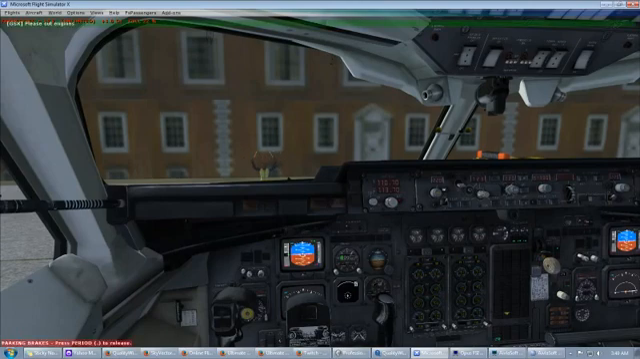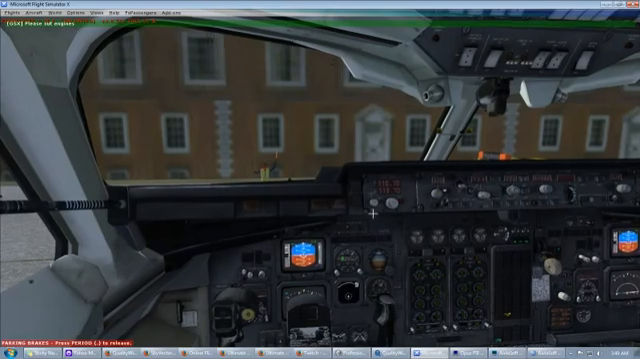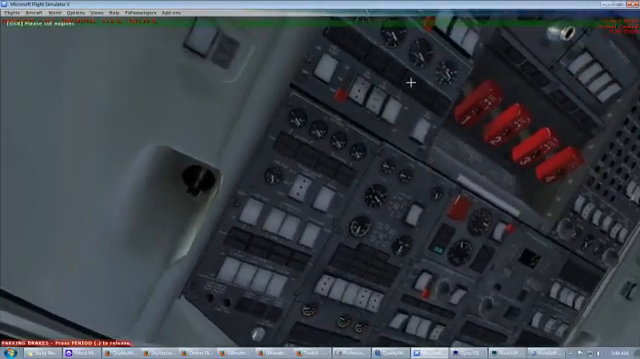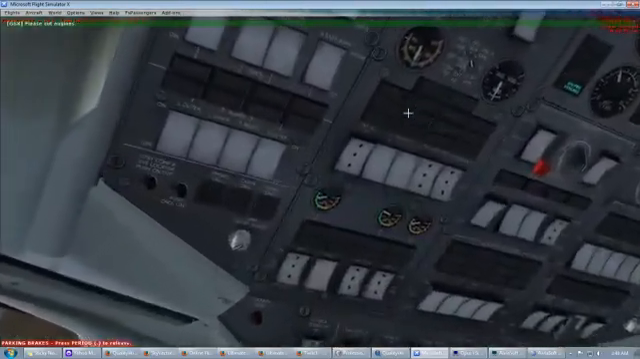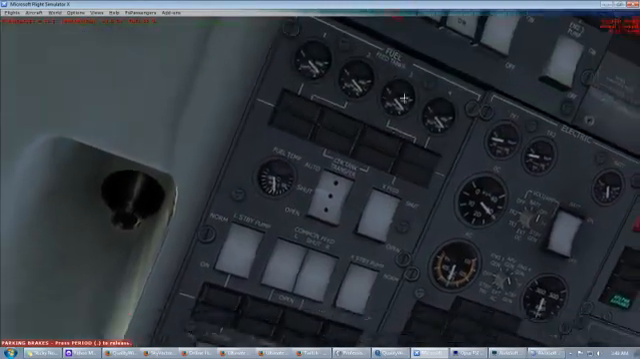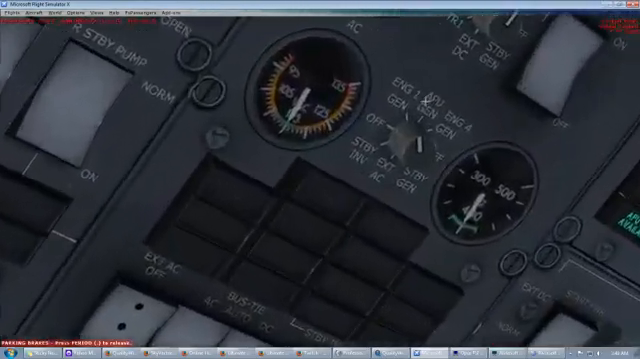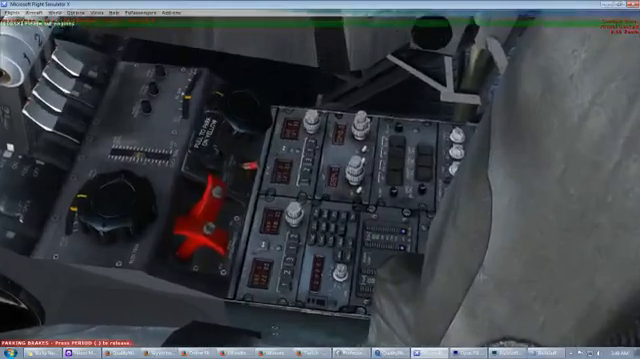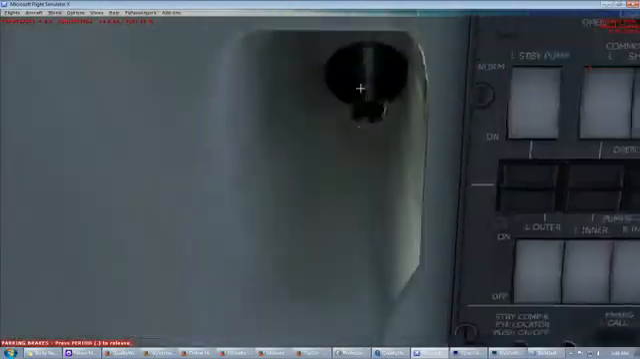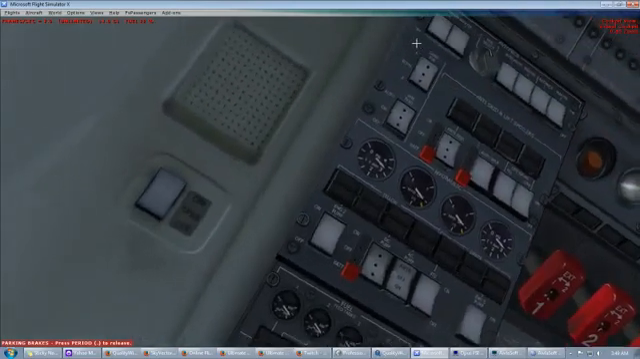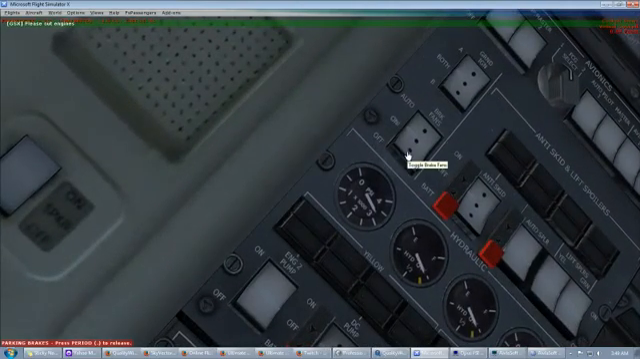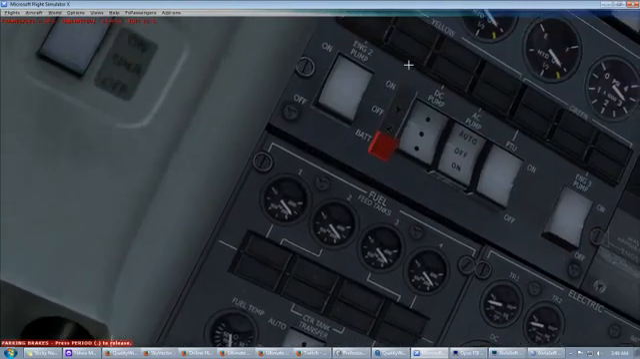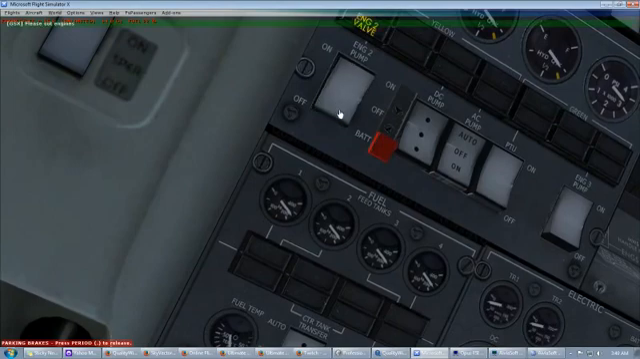Set parking brakes. Parking brake set. Okay, now before engine turn off, let me tell you about the engine stop procedure. First of all, let me turn off the brake fans, and also hydraulic engine pumps off,